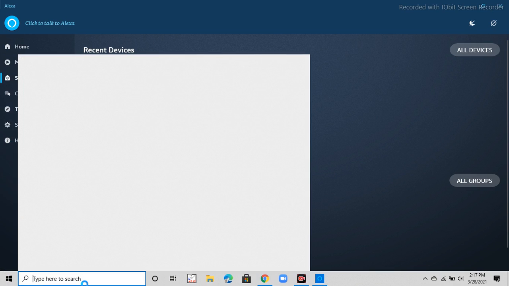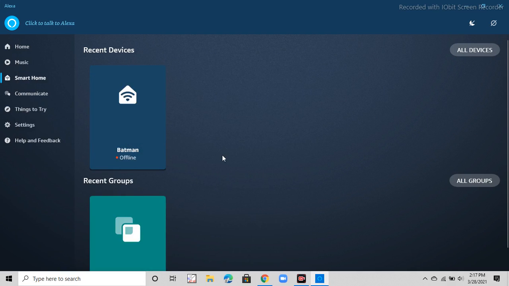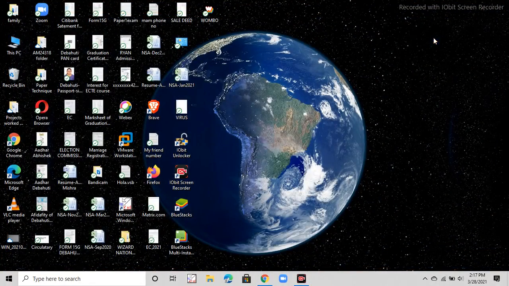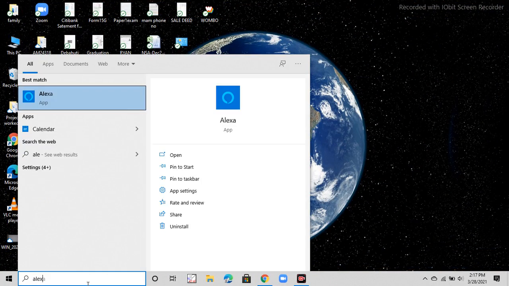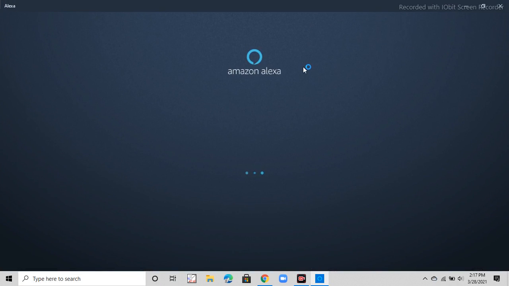Just launch Alexa again. I think right now it's sending the logs, and that is the reason the problem came. It took a little bit of time, but it's your wish. If you want, you can turn it on or not, but by default it's turned off.